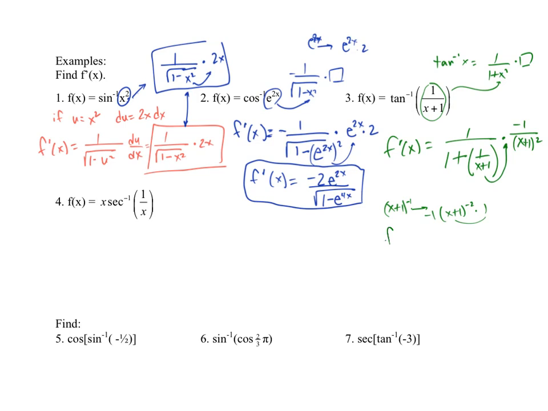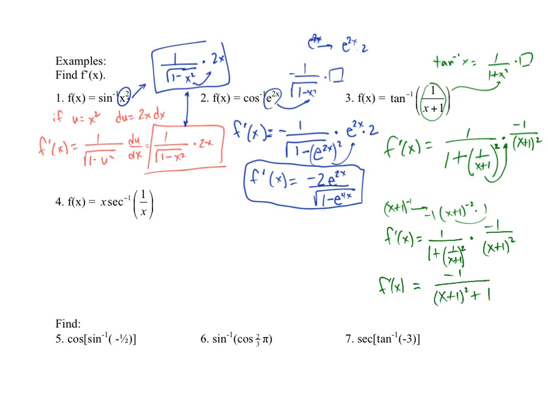So cleaning all this up, f prime of x will be negative, or let's write it all in, 1 over, you know what, I forgot to put the squared there, I just realized that, 1 over 1 plus 1 over x plus 1, this squared, times the negative 1 over x plus 1 squared. Now, you could leave this like this, you could distribute it, and if you did distribute it and kind of cleaned it up a little bit, you'll get f prime of x equals negative 1 over x plus 1 squared